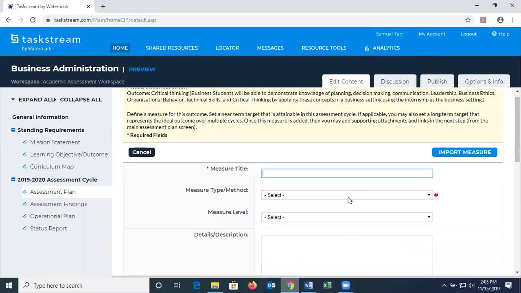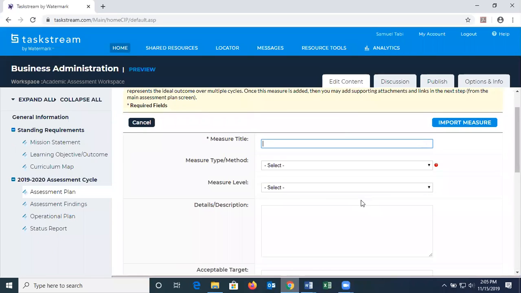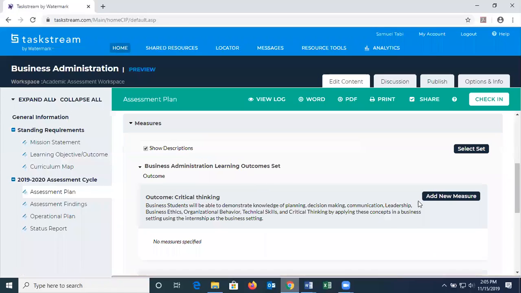Now it wants me to, it's trying to compel me to input data here. I can't do it since it's not my